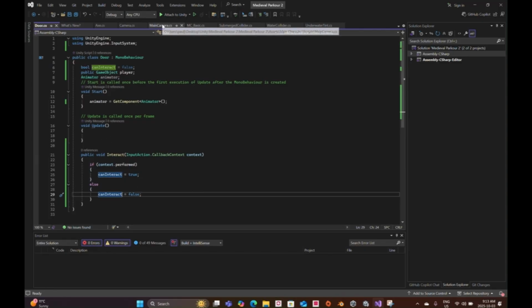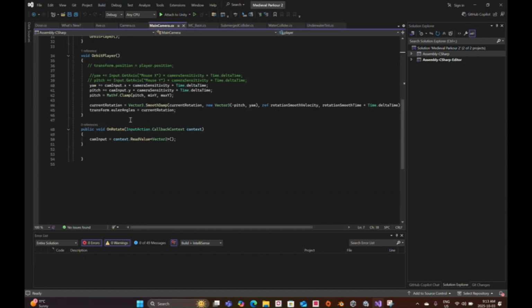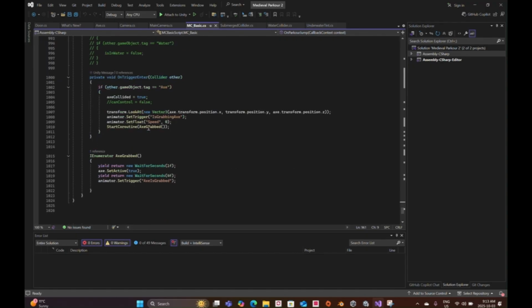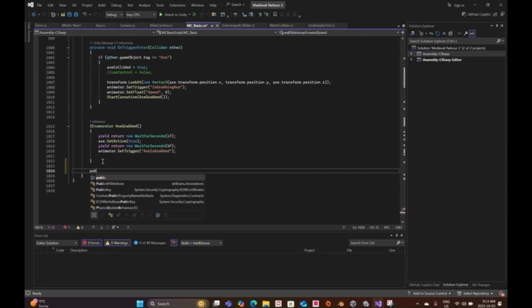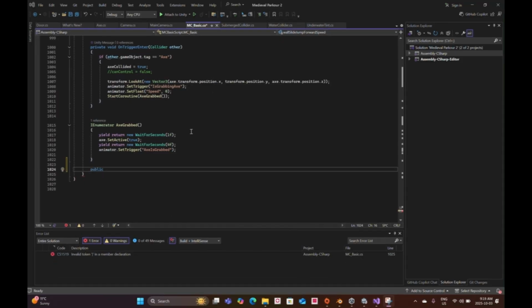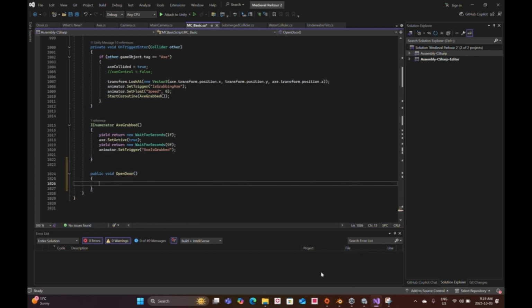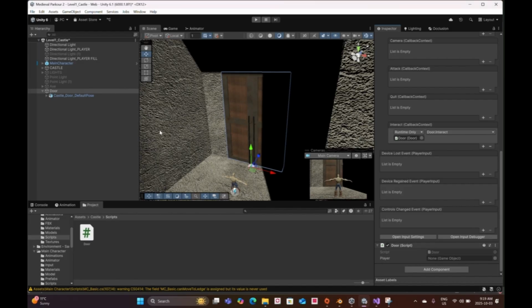first, in the MC Basic at the very bottom, I'm going to create a public void open door, and I realized that I forgot to add the